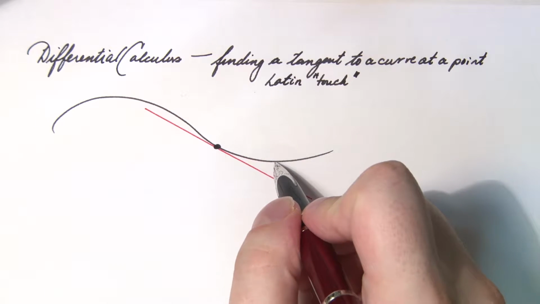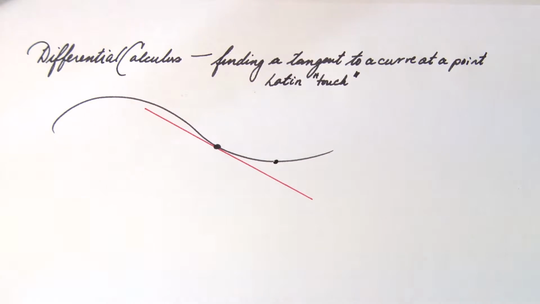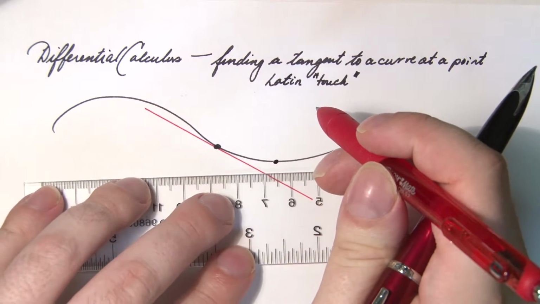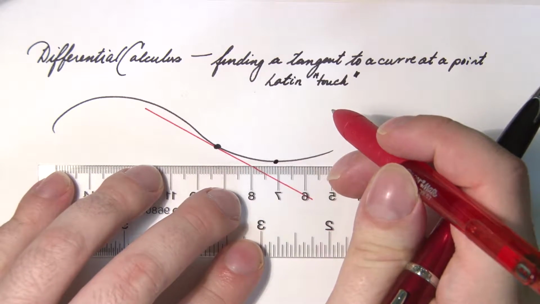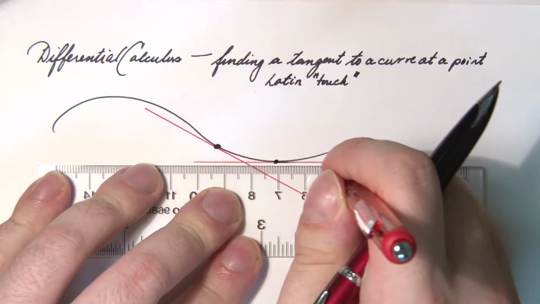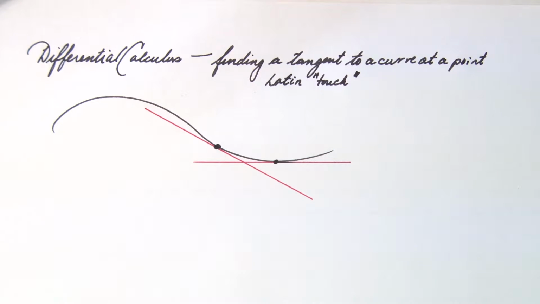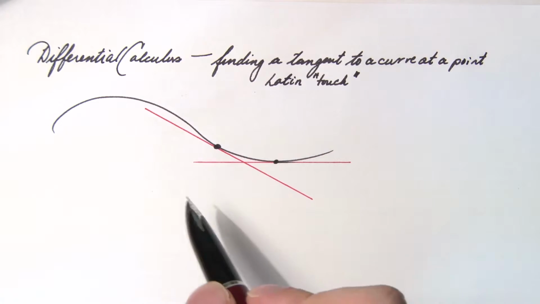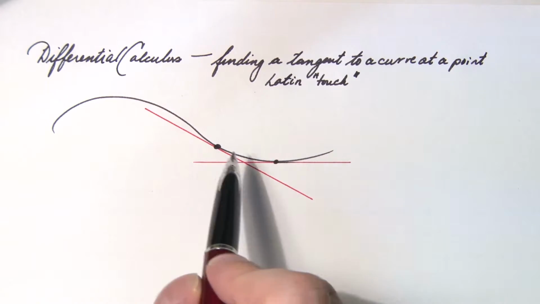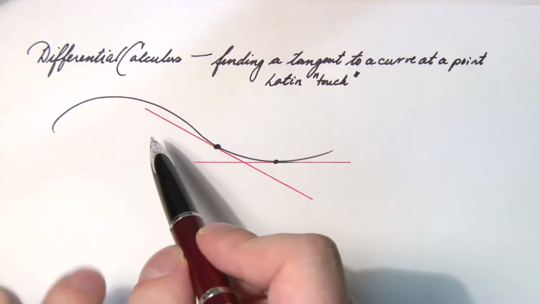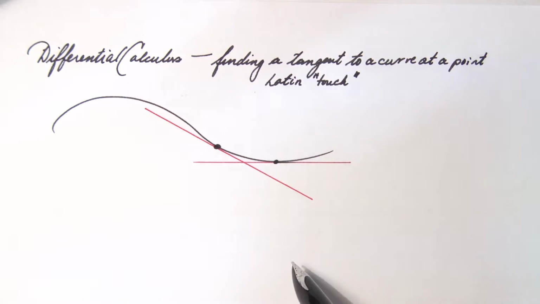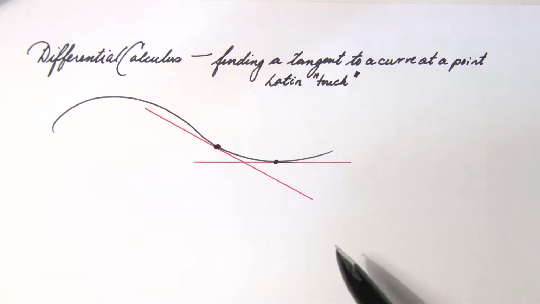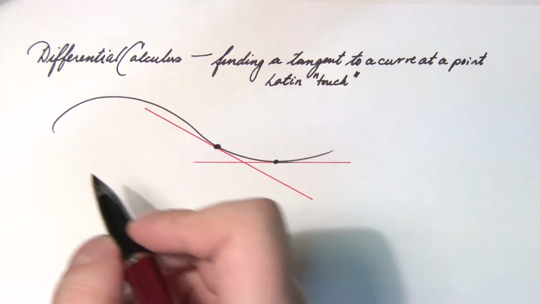I can basically pick any point on this curve, and I should be able to draw a tangent. There are some functions where I can't do this, but this isn't one of them. It's just an arbitrary curve where I can simply pick a point, and by eye I can draw a tangent through it. Now Leibniz, who was one of the founders of calculus,